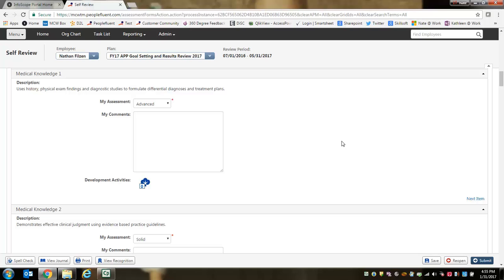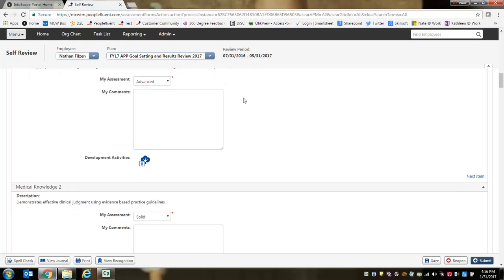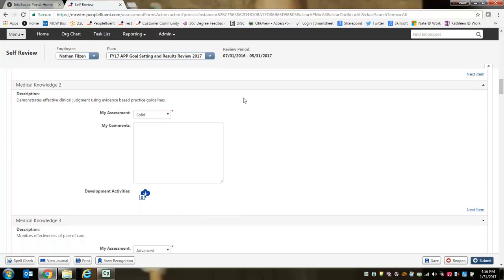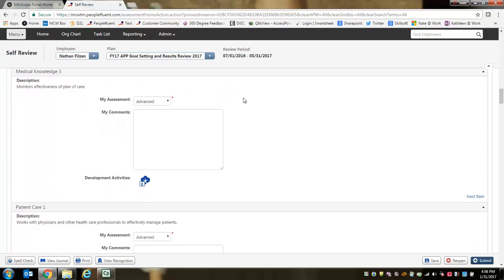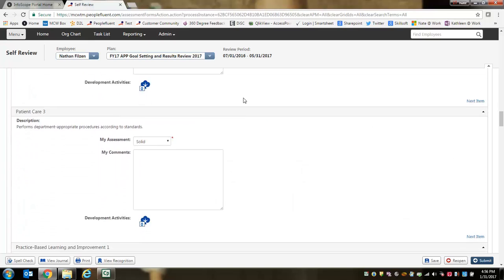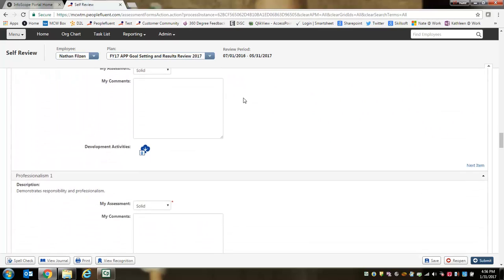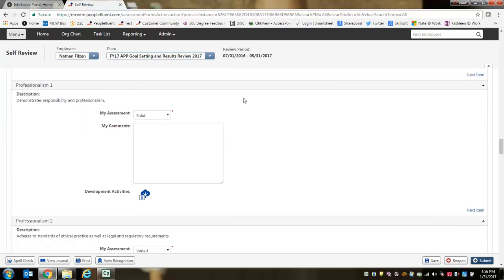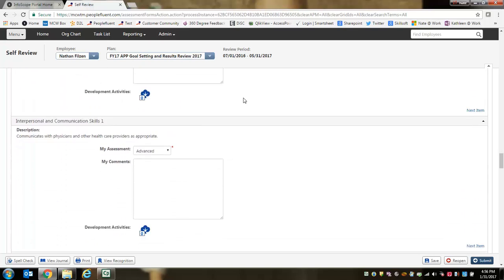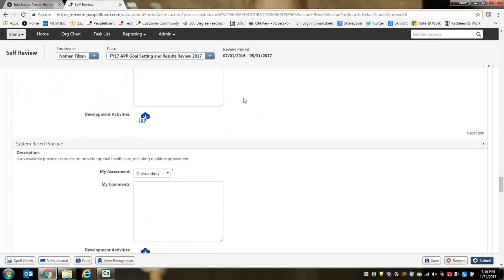So the only required field here is the My Assessment, and again, it's on that same scale as the goals of not applicable, outstanding, advanced, solid, varied, and unsatisfactory. So for each of these, you'll go through and select the appropriate assessment. And you can see the medical knowledge, patient care. These are all the different categories that these dimensions fall under. Practice-based learning and improvement. There's a couple of questions in that area. We have professionalism, interpersonal and communication skills, and then continuing to scroll down, we'll go through all of the APP